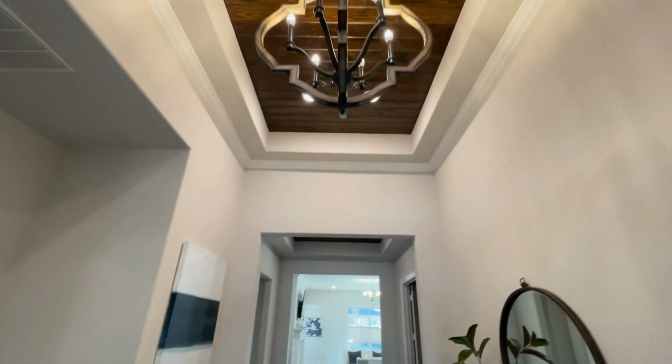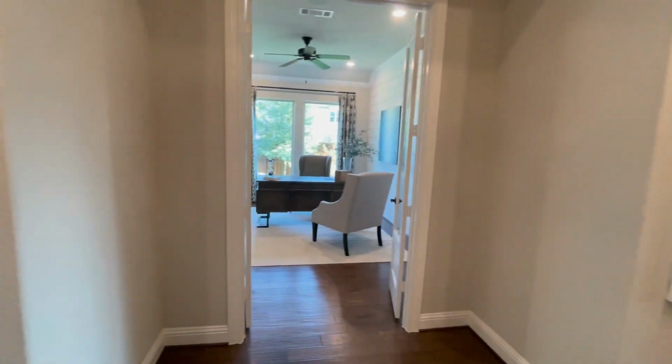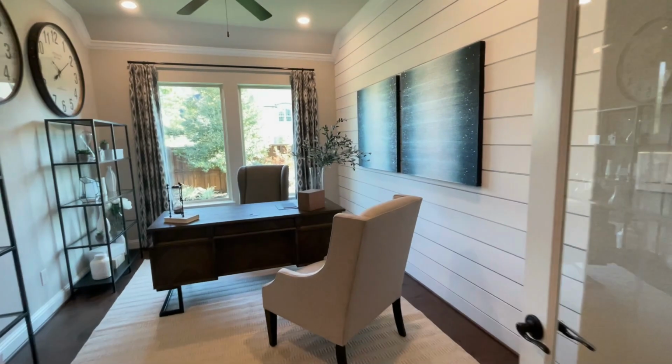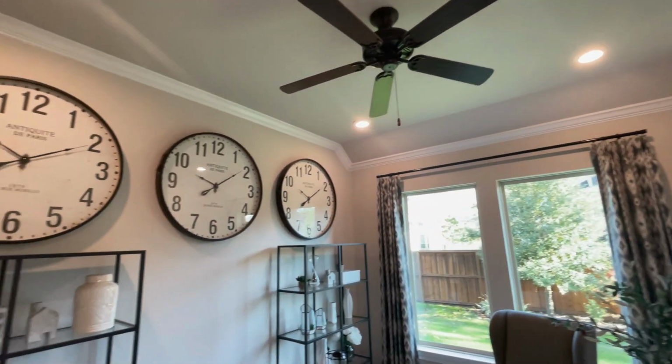And that is because that builder has upgraded so many things in that model home, not just structurally with the floor plan and adding different spaces or different rooms, but also knowing that a lot of the tile work, a lot of the lighting, a lot of the plumbing fixtures, appliances, whatever that is, all of those things have been upgraded. So whenever you're looking at a model home, keep that in the back of your mind, because the last thing I would want is for you to feel disappointed when it's time to build your house, or you